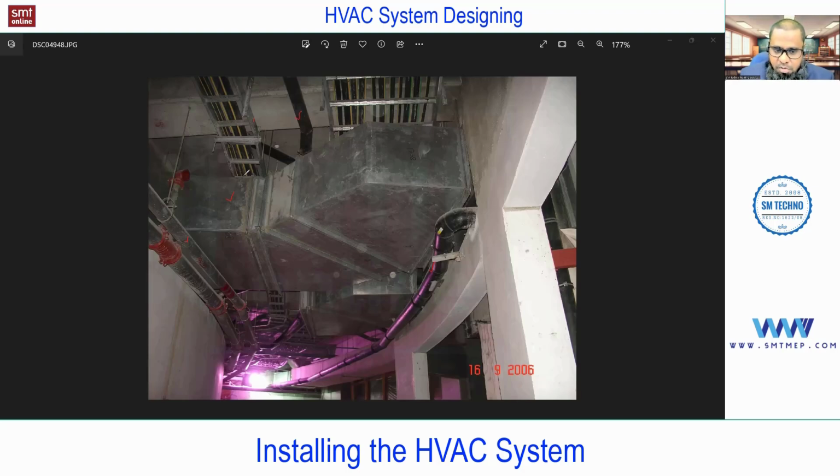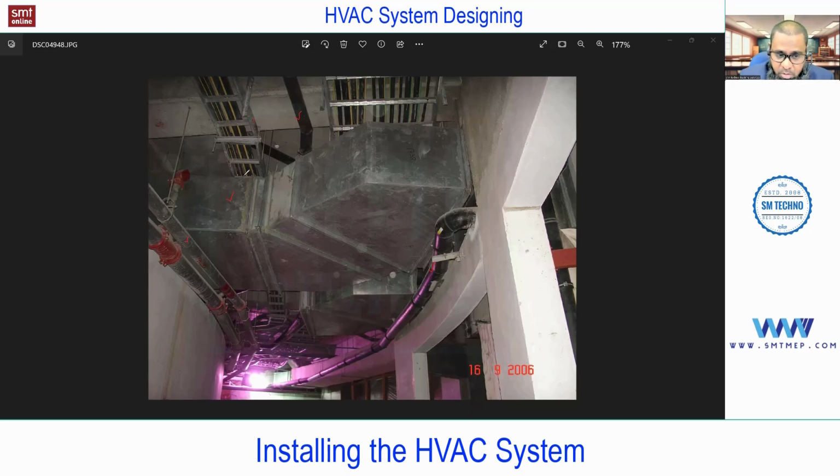That is because of coordination issues, because of such site conditions. But if you talk about standard practice, the cable tray should be above the false ceiling, because you will not find much maintenance in these cables. And the firefighting pipe is below the duct, because of the maintenance point of view. But again, in actual practice, you may find the firefighting pipe above the duct also, but it is recommended to